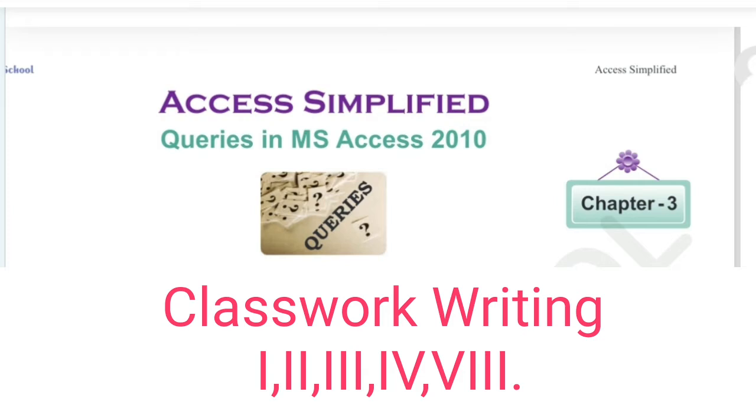Give your presentations. Your handwriting should be legible, and I am expecting good presentation. Okay, it's a very simple task here. These are simple Romans, and we already discussed and you learned about forms and reports concepts in MS Access. Simple concepts are there. I'm going to explain the book exercises, questions and answers, all the Romans. Write your class note and submit it when you come to school. Clear, students? Let me explain the first Roman.